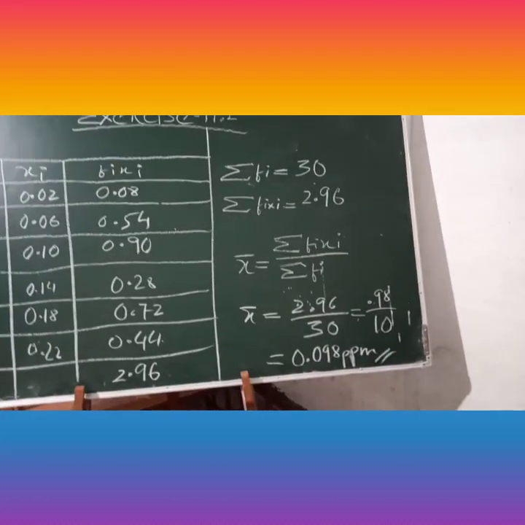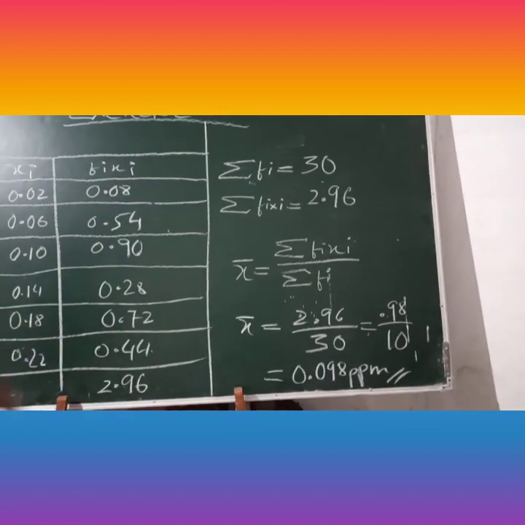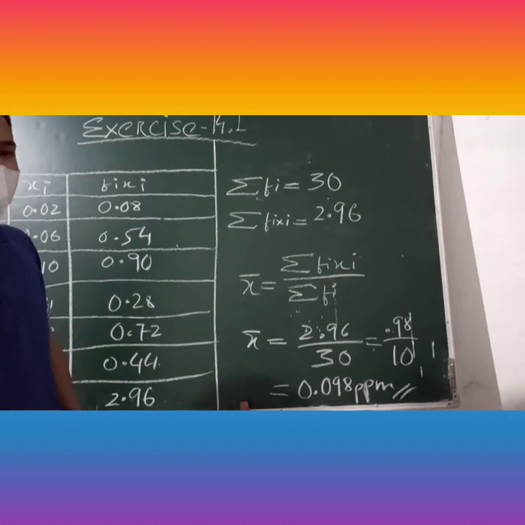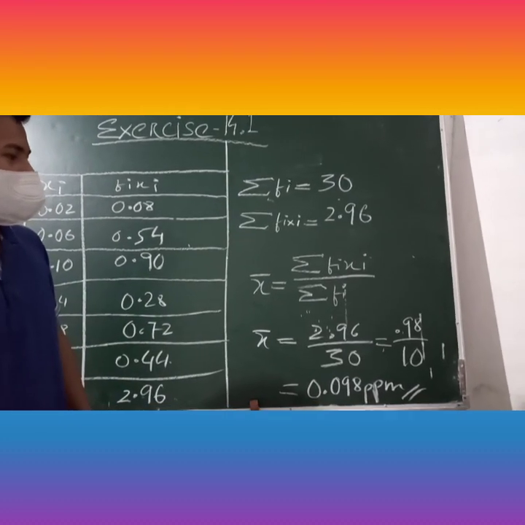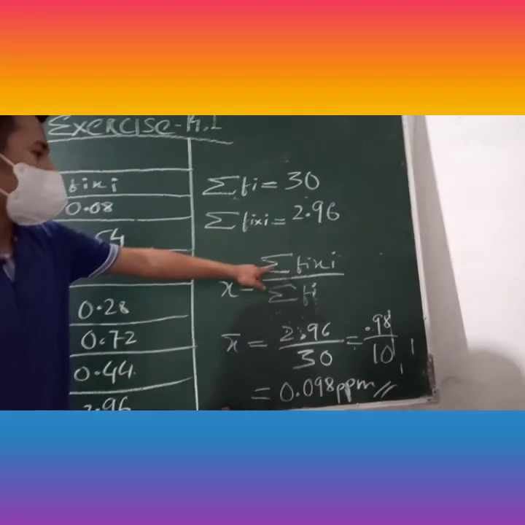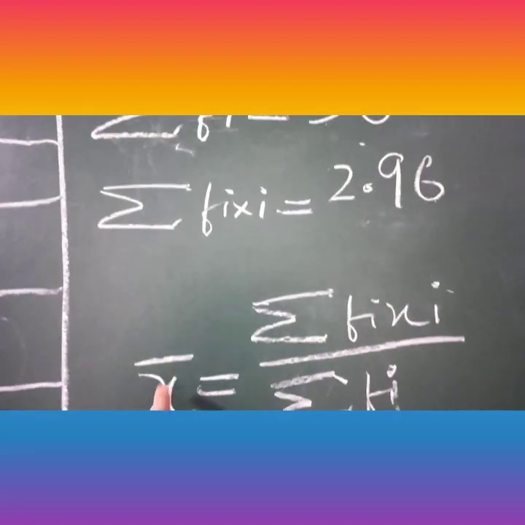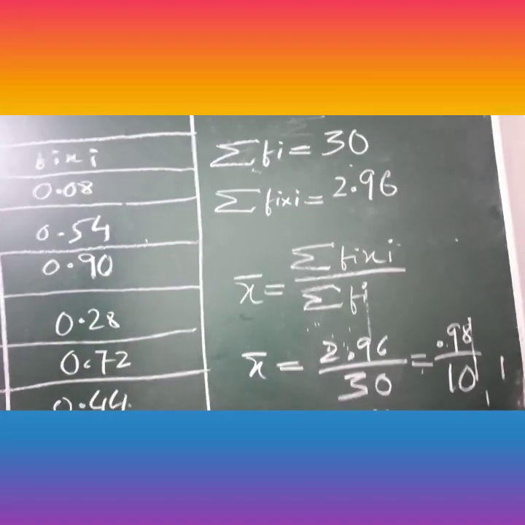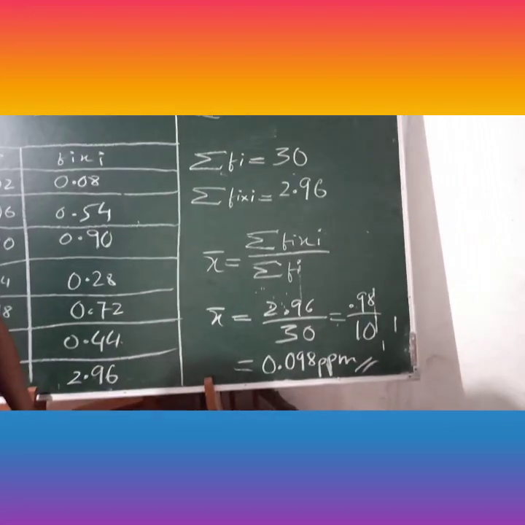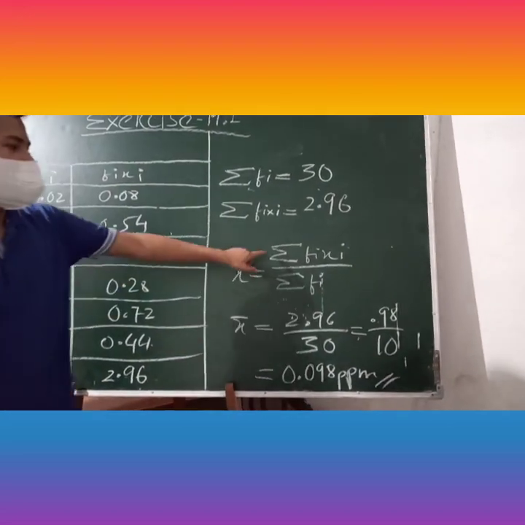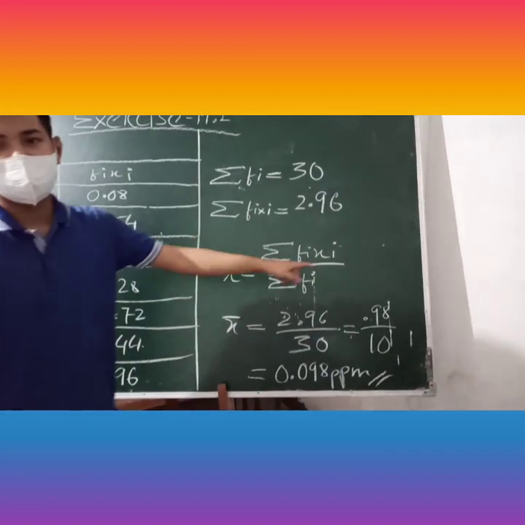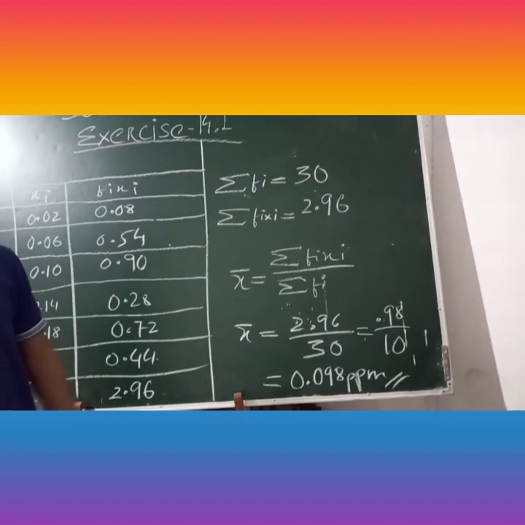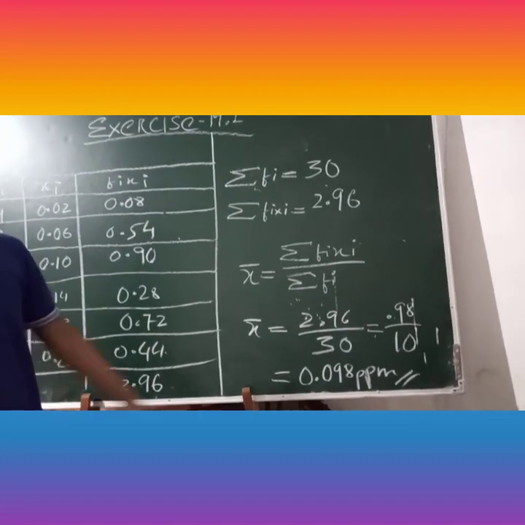So using the formula, what is the formula? This is called mean. So we require to find out the mean from the table. How will you read this one? This is called as mean x bar. So x bar equals summation of Fi Xi divided by summation of Fi. That is the formula for finding mean. So we have to remember the formula for finding mean.